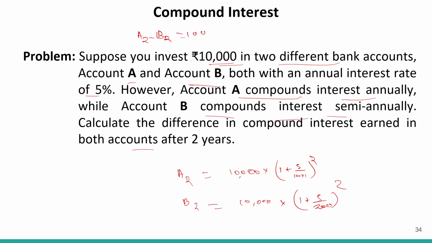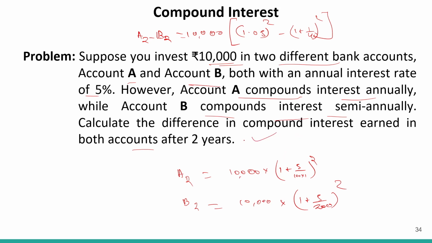So it will be what? 10,000 whole into, what will happen here is, 1.05 whole square minus, okay, it will be 1 plus 5 by 200. So it will be 1 by 40 whole square. So evaluating this, we can calculate the difference in compound interest earned in both the accounts after 2